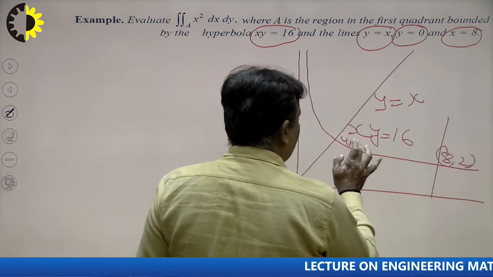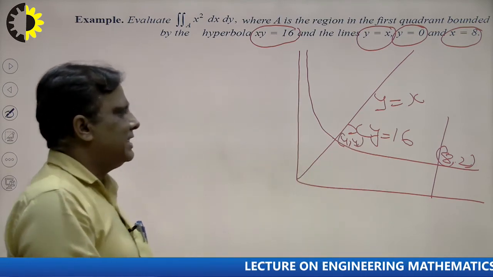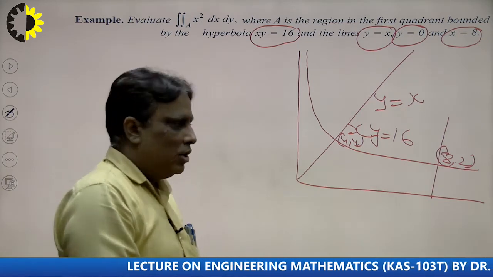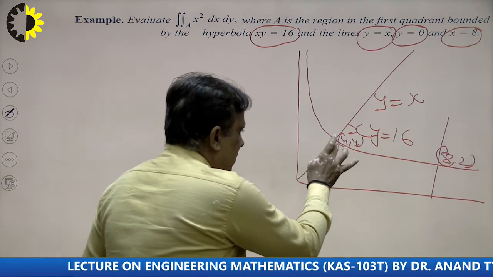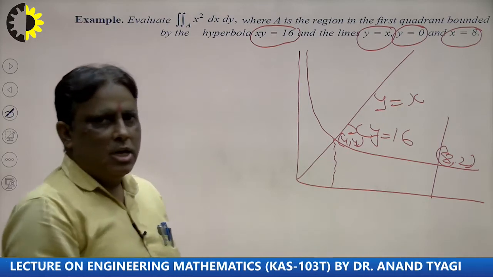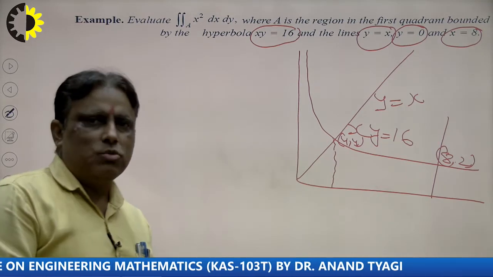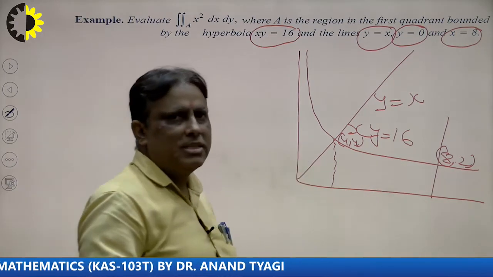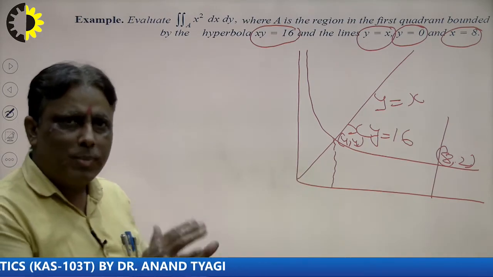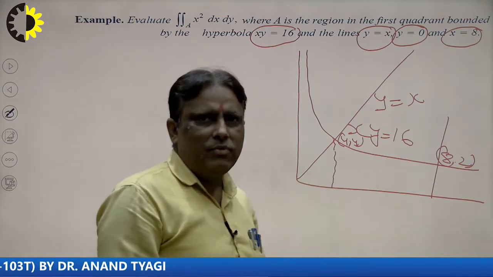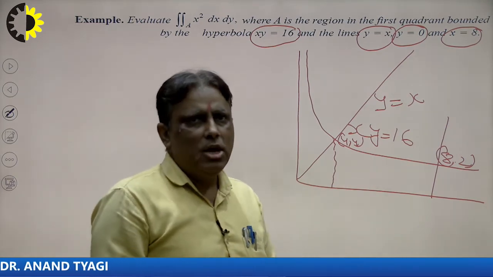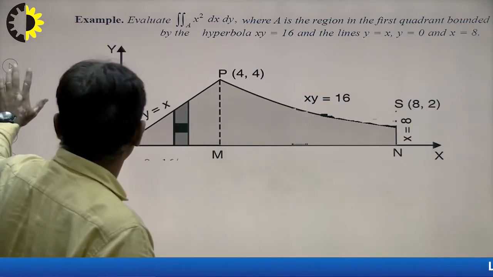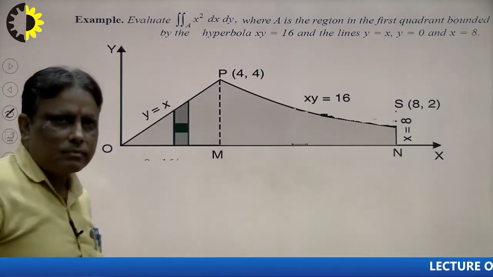Suppose any student can say, sir, I want to take the limit of y first. So I draw a line, this portion, so this region is divided into 2 parts. Suppose any student says, sir, I want to take the limit of x first, so this region is also divided into 2 parts. That means this region is always divided into 2 parts until the student takes the limit of x as well as y. So there is no problem in taking the limit of x first or y first. I draw this diagram, right.